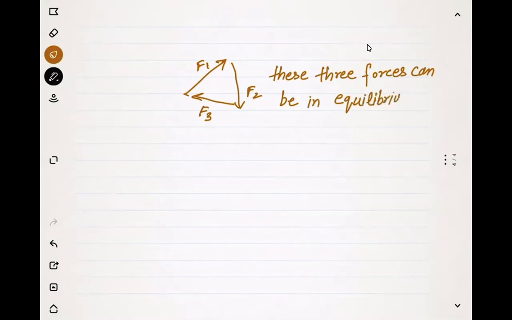If you write they are in equilibrium, it would be wrong. There is a possibility of equilibrium because a closed triangle is formed and the net force would be zero. That's why the possibility of equilibrium is there. So we'll say that these three forces can be in equilibrium